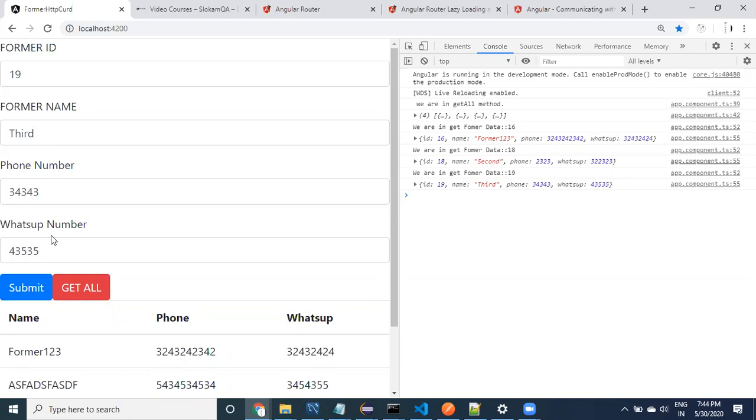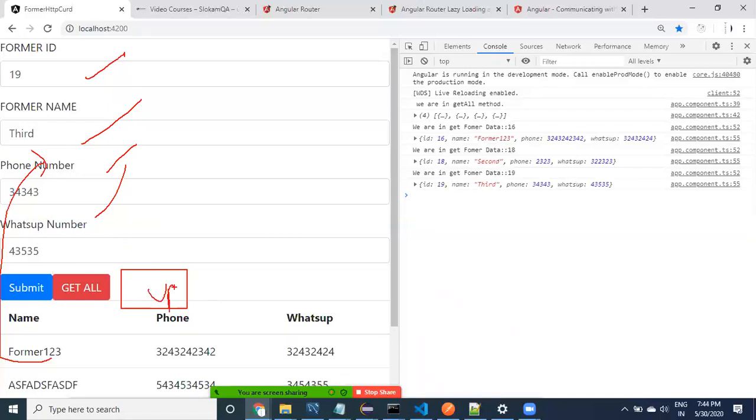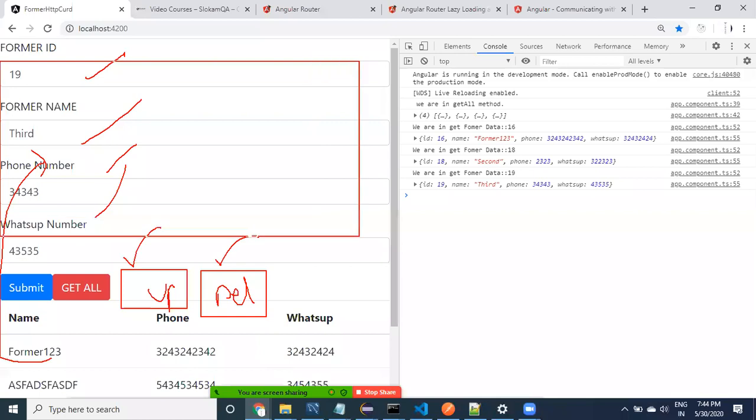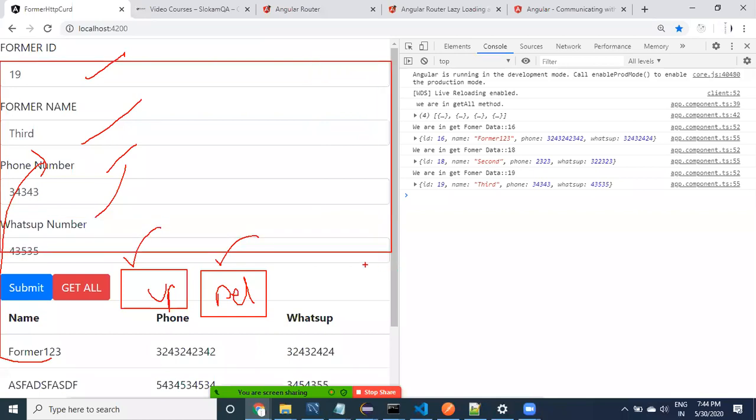Once this data is available over here, what you can do guys, after clicking on here, the data is coming to here, means you can update the data, you can modify, and you can click on update, or you can click on the delete button. So to update or to delete, this step is required. We didn't do update, we didn't do delete. Before doing these two operations, we have some operation to do.